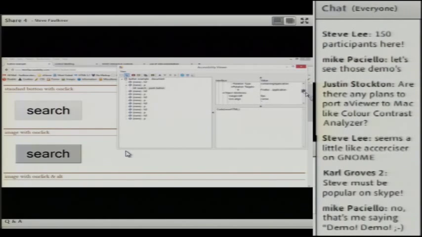Also IAccessible2 has some things called object attributes, which show more information. It actually exposes some HTML information about the object, which MSAA doesn't. So you get stuff like the tag name, you get CSS information, etc. You get display values.